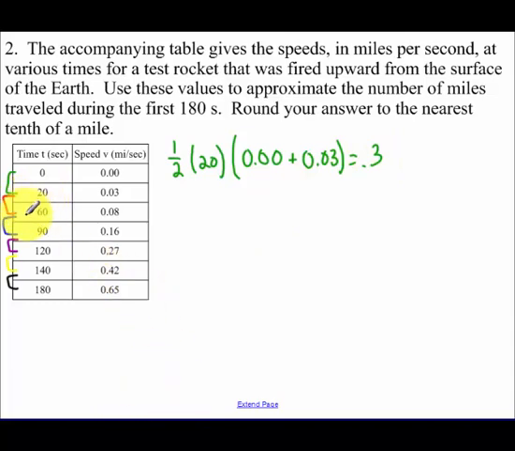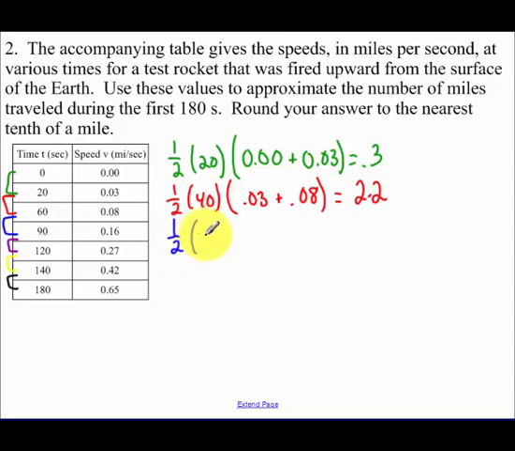My next one, 20 to 60, so my height is 40, base 1 plus base 2. And again, I used my calculator and I got 2.2. Next, between 60 and 90, 1/2, my difference there is 30, and then base 1, base 2,